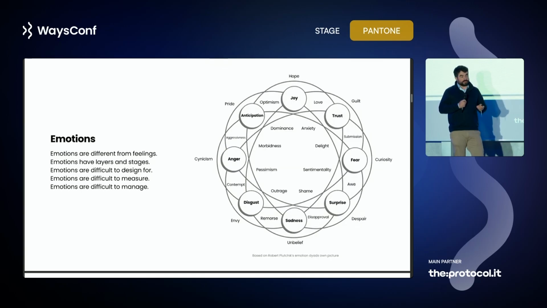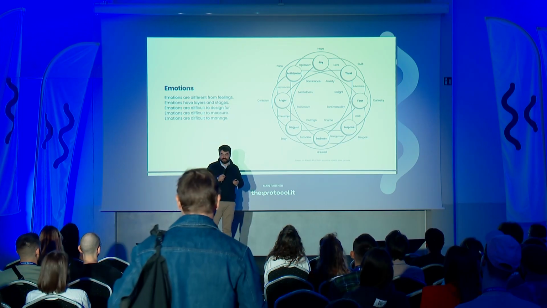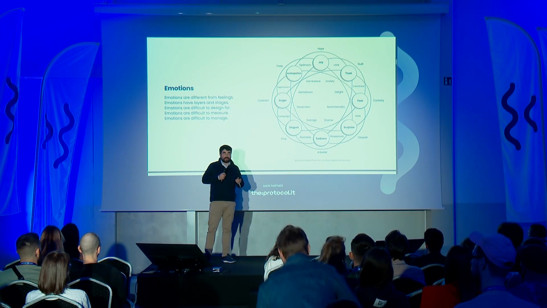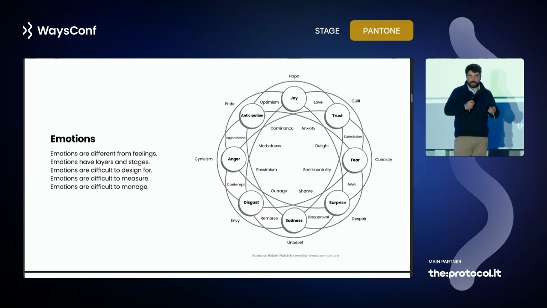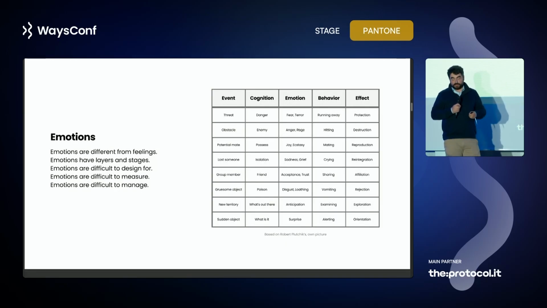Emotions are difficult for design because, as already said, there are different layers of emotions. A few emotions together produce a new emotion. On different levels, this is difficult to navigate through and to realize what it exactly is. It's also difficult to measure. Like everything, emotions can be measured, and this is a separate topic to be discussed. But they are difficult to measure because they are difficult to interpret and difficult to define. But the most important thing which this talk focuses on is that emotions are difficult to